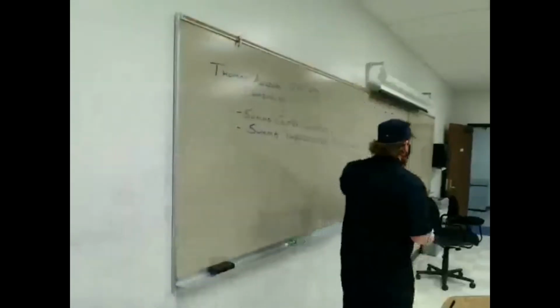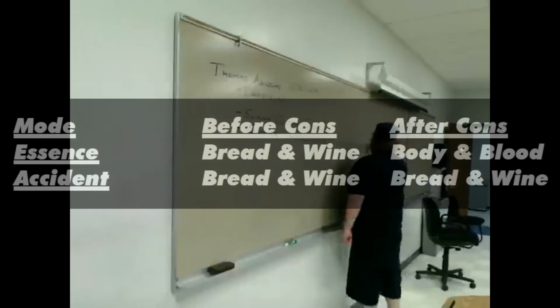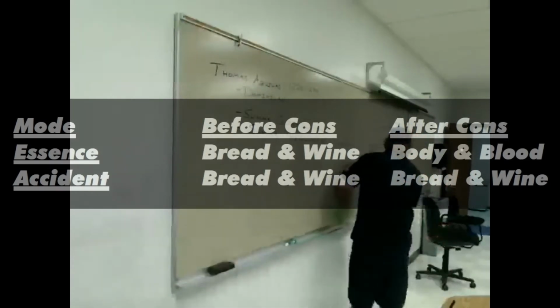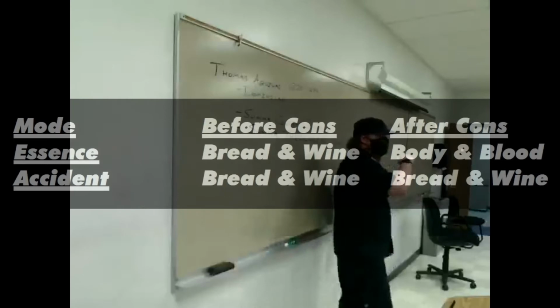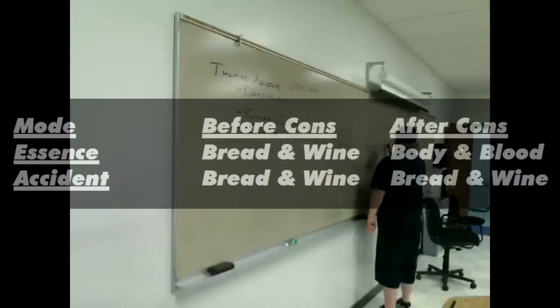Because here's what happens in transubstantiation. Remember, you have the 10 categories that Aristotle talked about. You've got essence, right? Another name for that is substance. Remember, that's what something is. And then you've got those 9 other categories, right? Where it is, how it is, quality, all those other things that are its accidents. What it looks like, what it's on, all those things. 9 other categories there. Well, you've got before consecration,